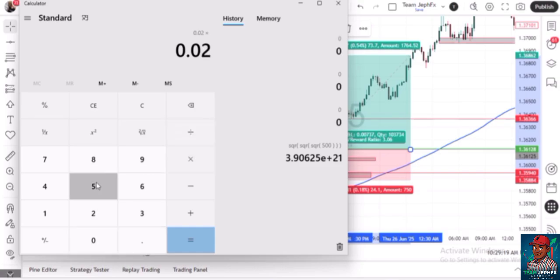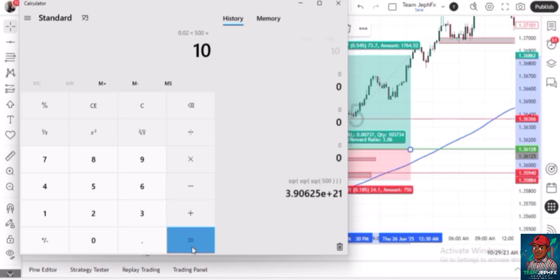Times 500. Okay, so that's 10. That means if you are risking 2% of $500, you are risking $10